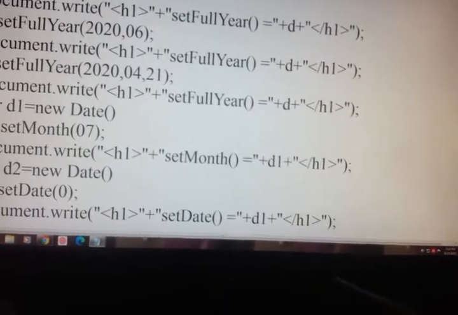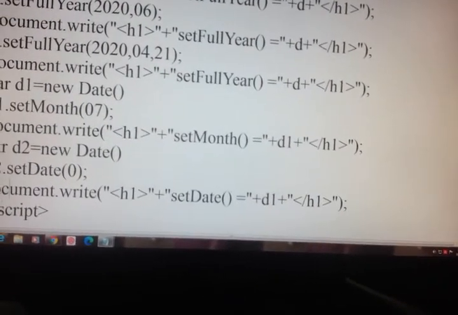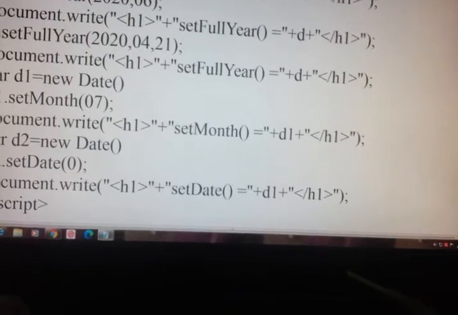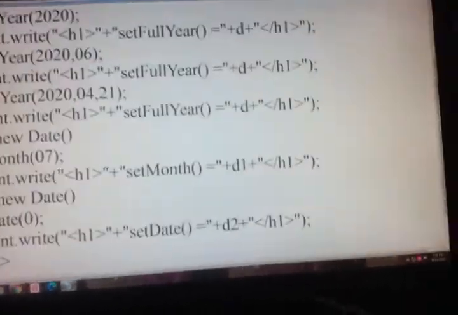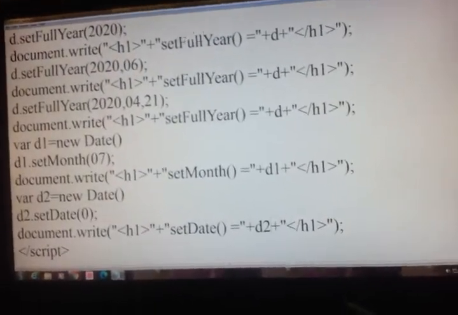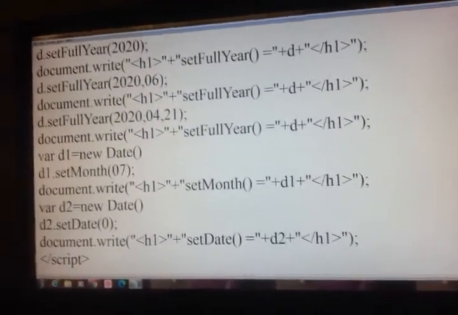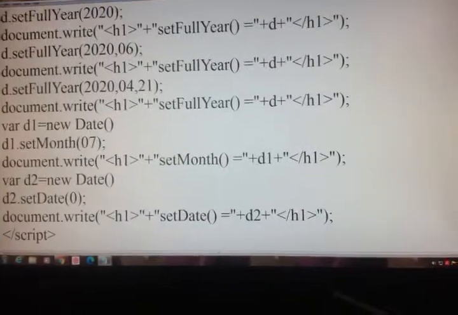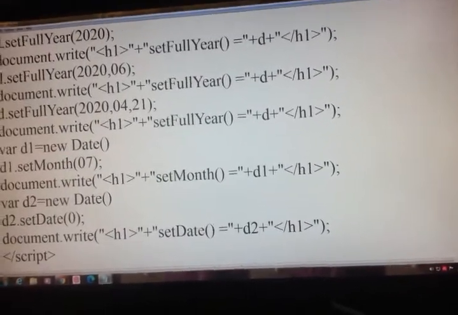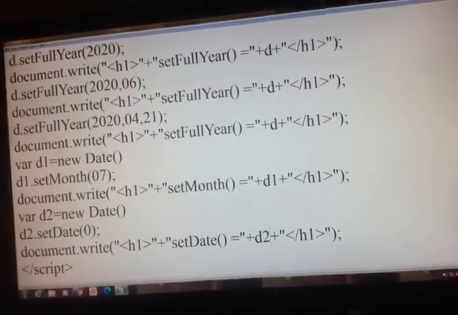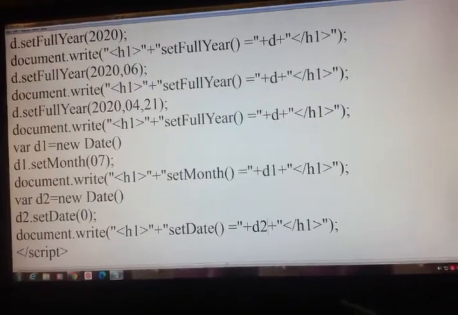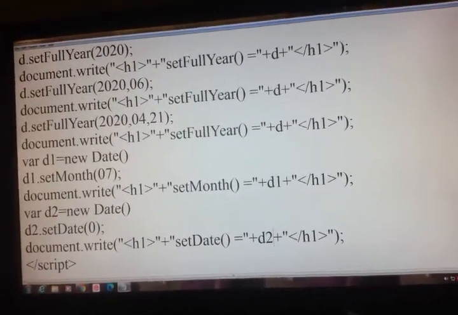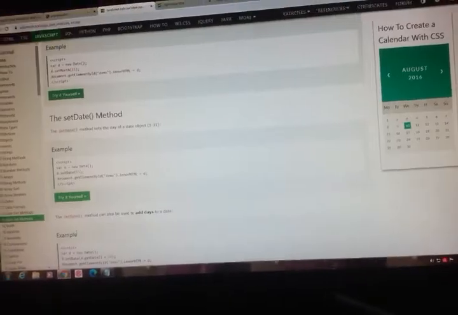D2 dot set date, open parenthesis 0, and then printing that D2. So I created an object variable D2, equal to a new date object. So date object dot set method, set date. The range is from 0 to 31. Sorry, 1 to 31.